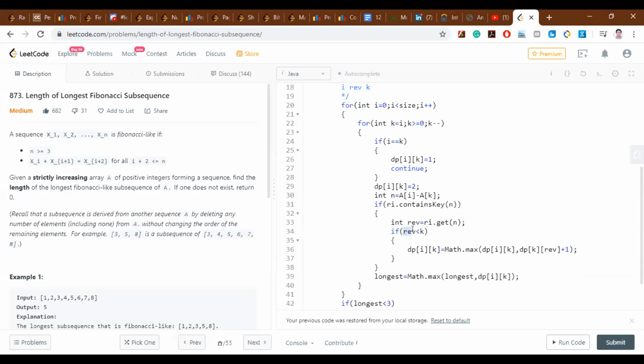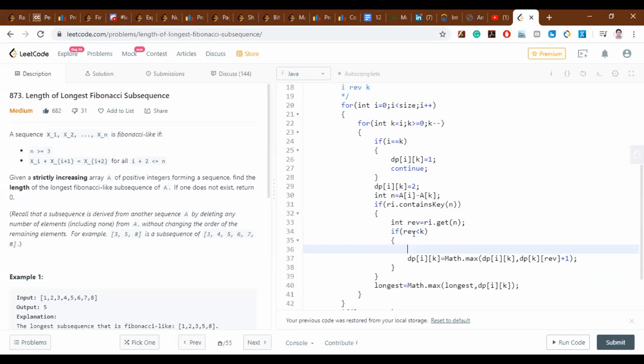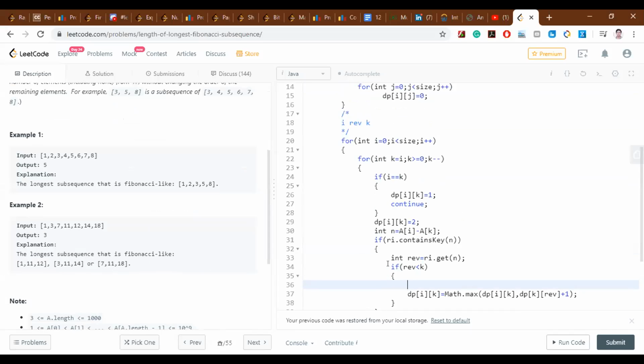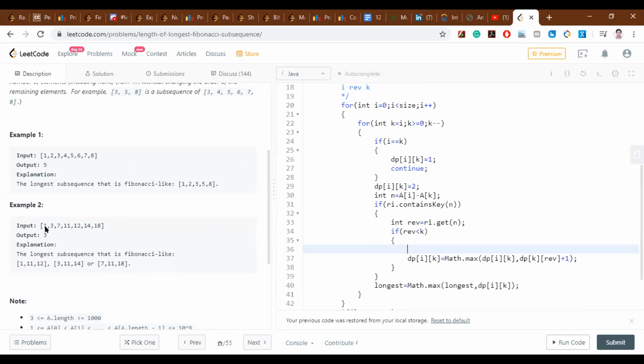Here I'm checking if rev is less than k, then it comes in sequence. Suppose for some example, 11 and 12 is the Fibonacci sequence.